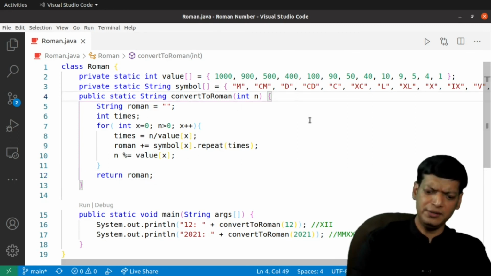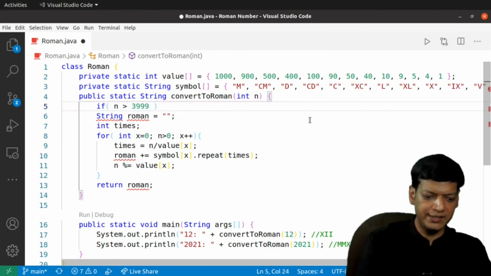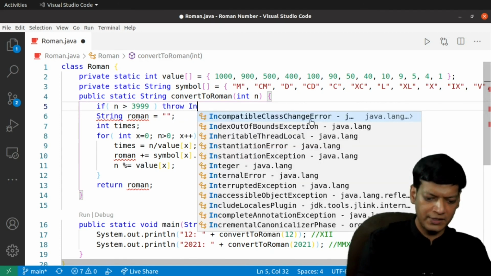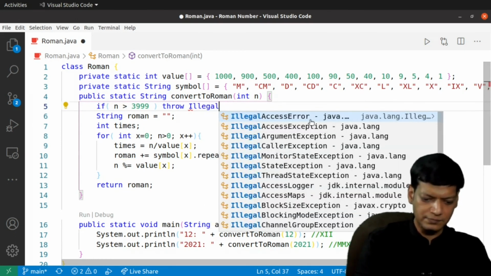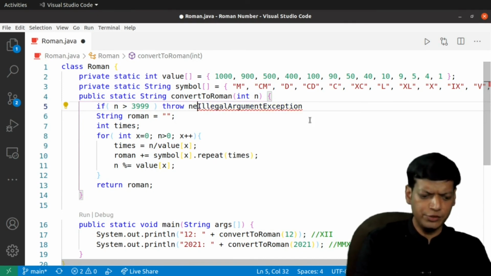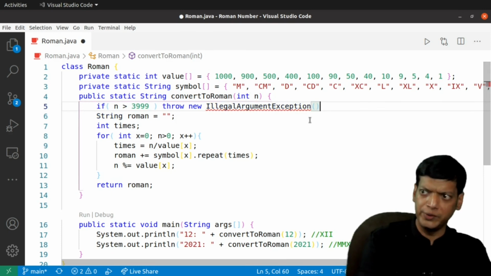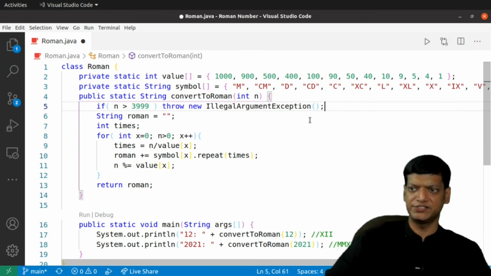So if you want, you can say over here that if n is more than 3999, we'll throw an IllegalArgumentException. Though this is not mandatory, it's a good idea to do it because it makes it clear that we know that this is the case.